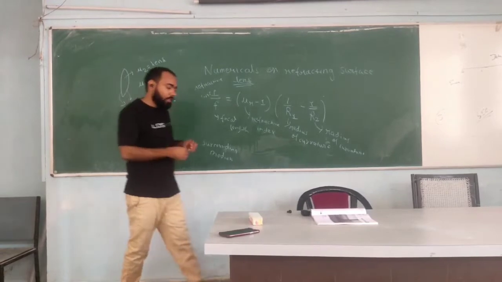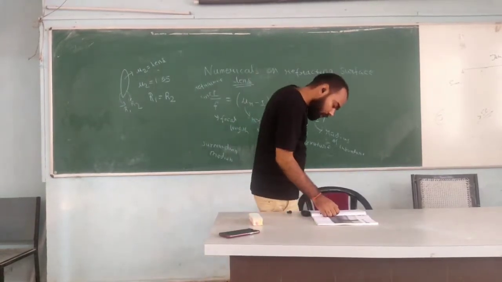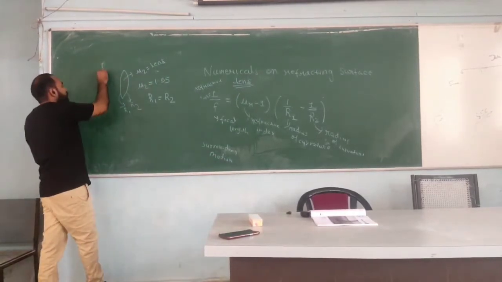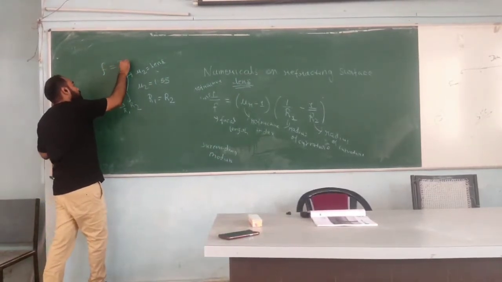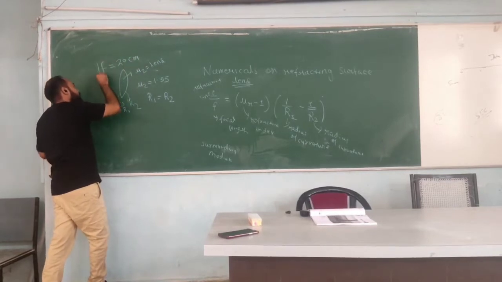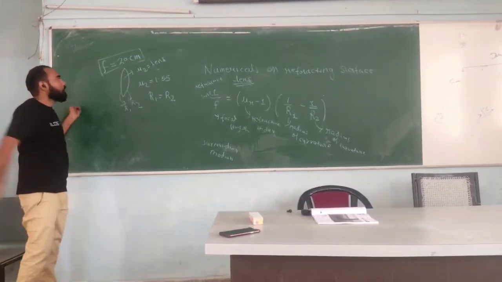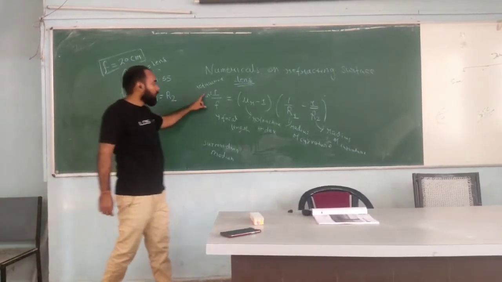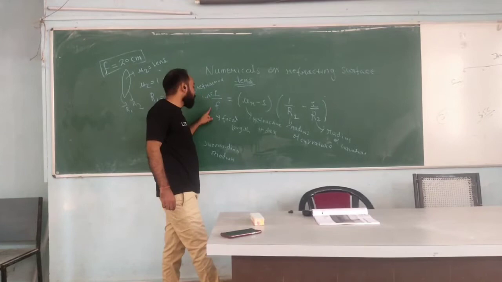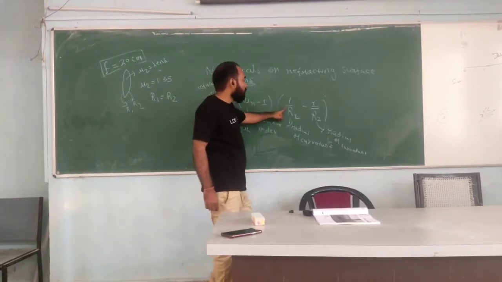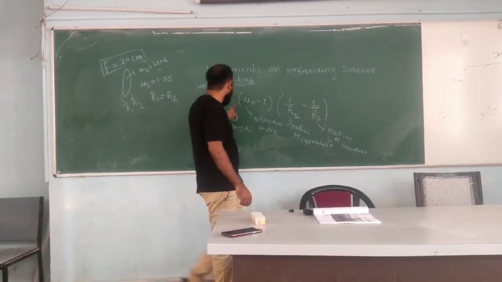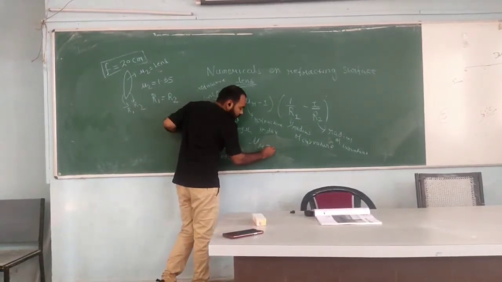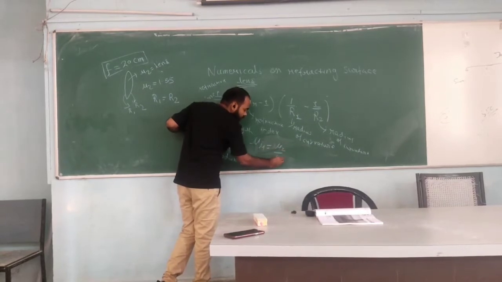And we have to find the radius of curvature if the focal length is 20 cm. In the question it is given that f is equal to 20 cm. This is also one of the most important data. As we have already discussed the lens maker formula, 1 upon f is equal to (mu r minus 1) into (1 upon R1 minus 1 upon R2), where mu r is mu2 upon mu1. I have written it down, but I am writing it once again: mu r is equal to mu2 upon mu1.